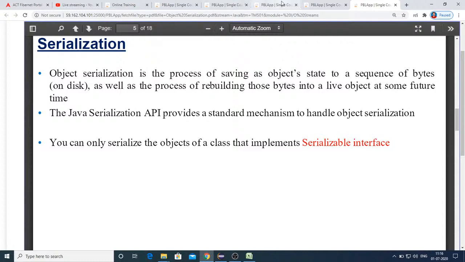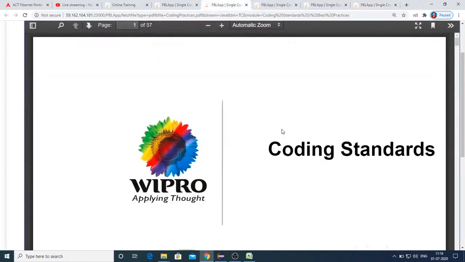And now let's go to the coding standards. It's very important. These coding standards, even though defined for Wipro, you have to understand that all industry practices apply these coding standards. So even now, as part of training, when I am running programs, I am not using these coding standards, because only to make you understand the concept, I am not making the variable names, method names or class names that meaningful. I'm just writing it for faster explaining of the concepts. But just remember, these coding standards are very important.